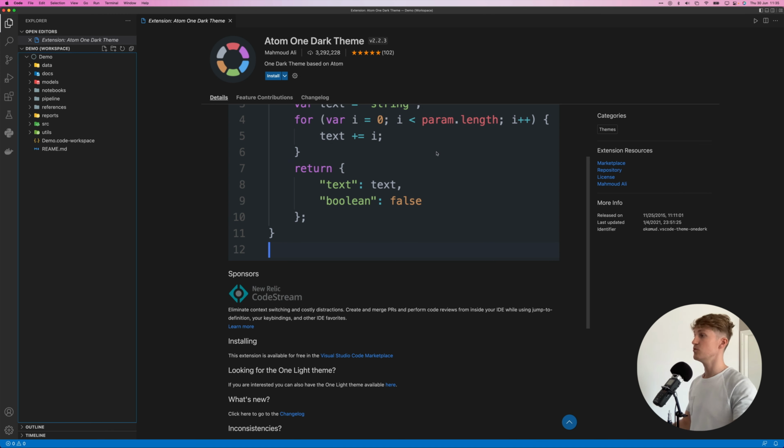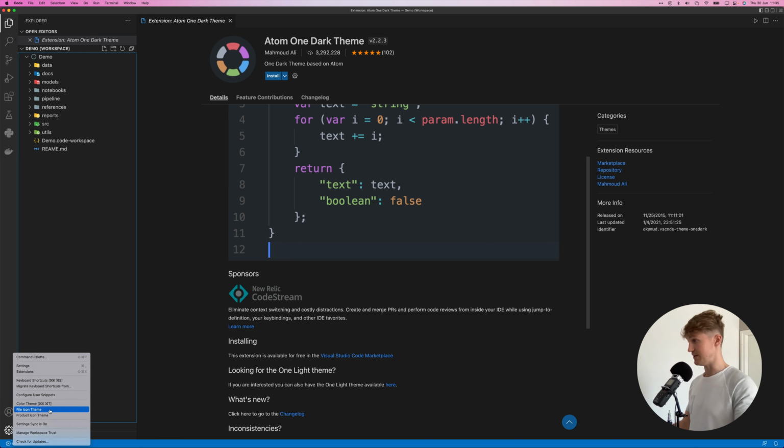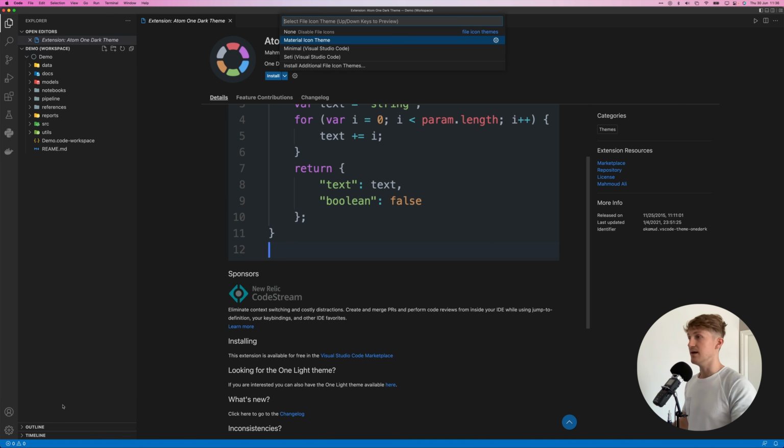And another cool thing is you can change your icon theme. If I click here, file icon theme, I think you can disable them, and I think this is like the default, or maybe this one. These are from VS Code itself, so you have minimal and Seti, and you can see on the left over here what it does. So I use the Material Icon Theme, and what I really like about this theme is that it creates different folders